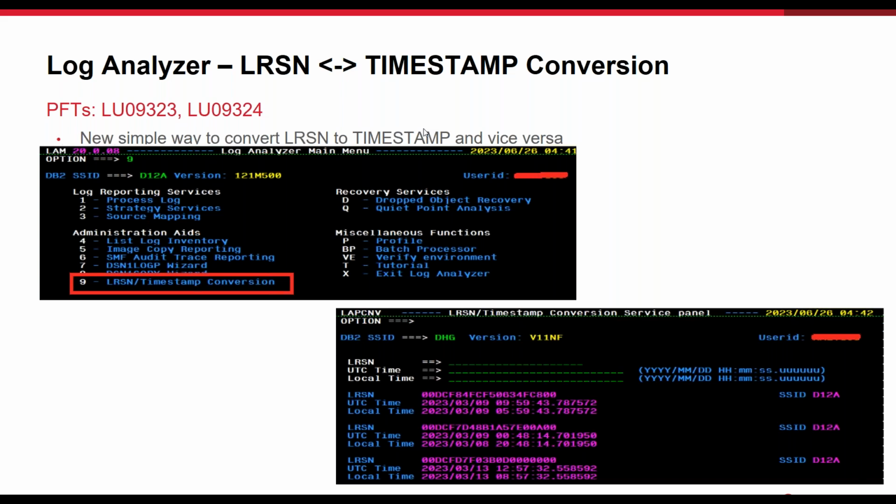The service displays the most recent conversion results, which can be removed with the new CLEAR LINE command. As you can see in the first top left screenshot, you can access this enhancement through the main PLA panel, the Log Analyzer panel. It is under option 9. And in the second screenshot, bottom right, you can see the actual conversion panel. You just write the LRSN value or UTC or local time,